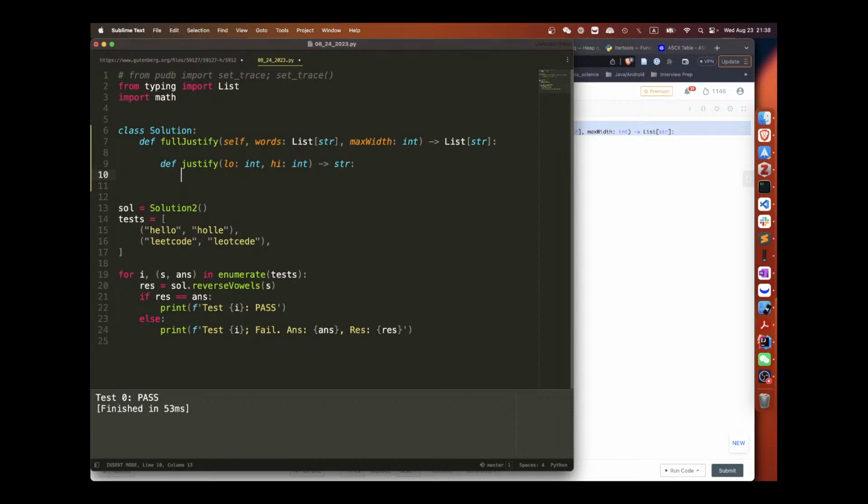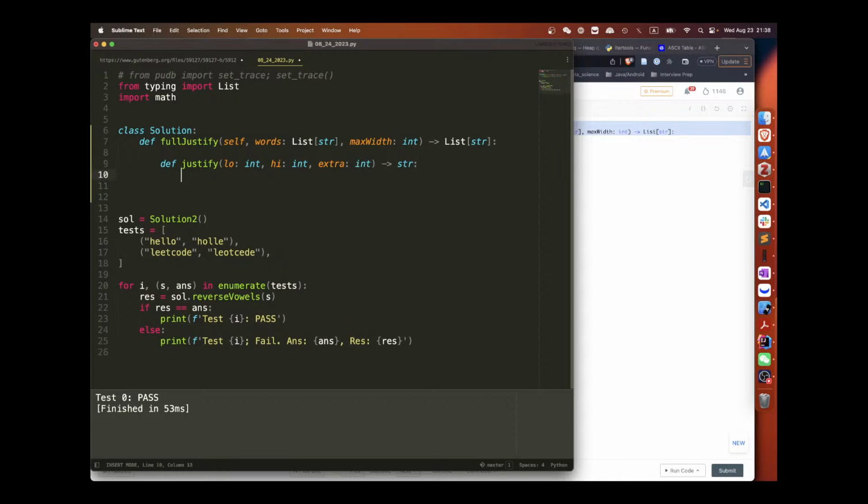Then I need to find the length of everything. I already computed it, so I hope I don't have to compute it again. But I know they fit. So I shall pass in how many extra spaces I need.